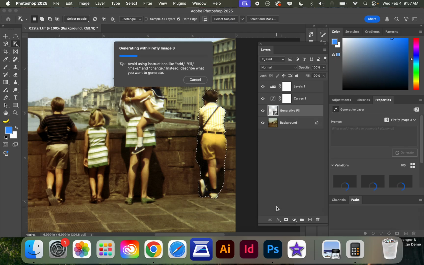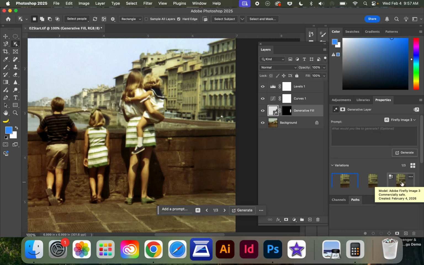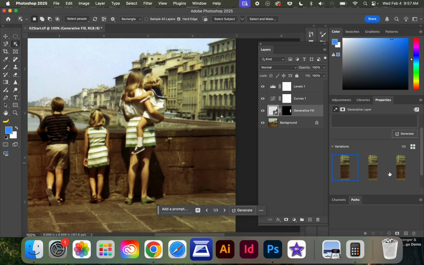This is where it's going to use AI once again in order to remove this boy from the picture. And if you look at our properties panel, it'll give us different variations. It will always give us 3 options. So look at this. That's option 1. That's option 2, and that's option 3. I actually like option 3 better